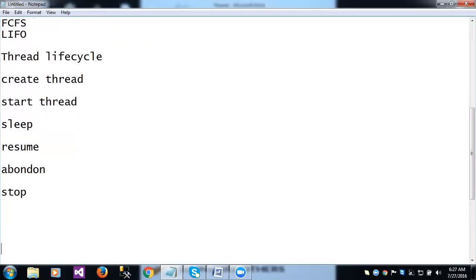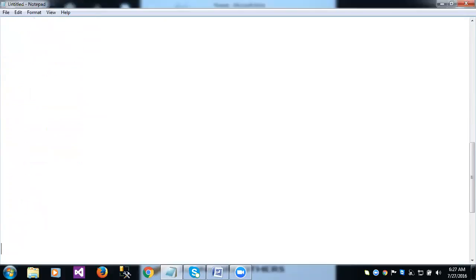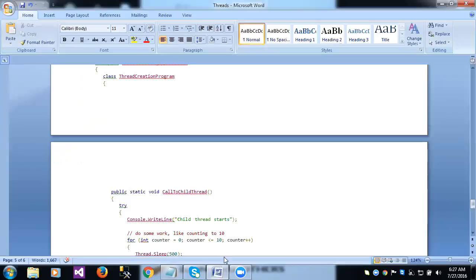By default, every process, whatever methods we are doing, those are all single-threaded applications. Single means only one thread, one process. Multi-threading means multiple processes will run at a time. That is what we call a multi-threading application. So now we can see here